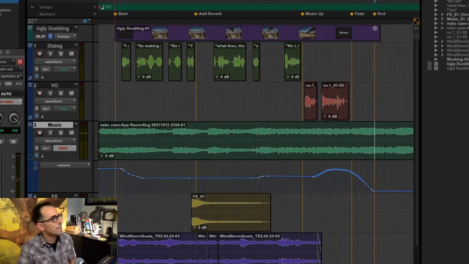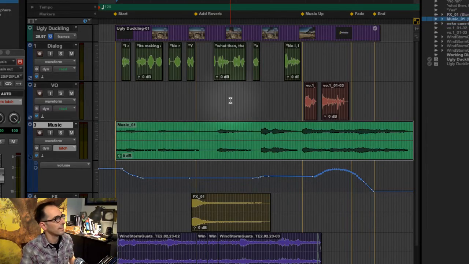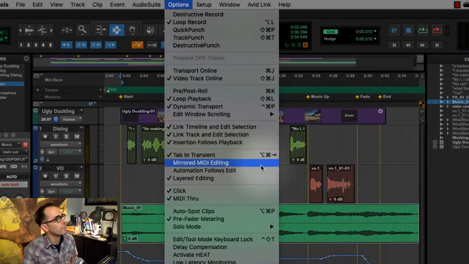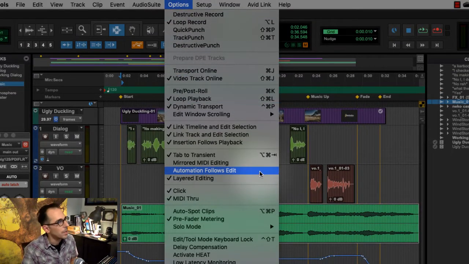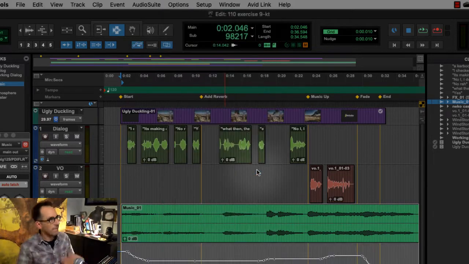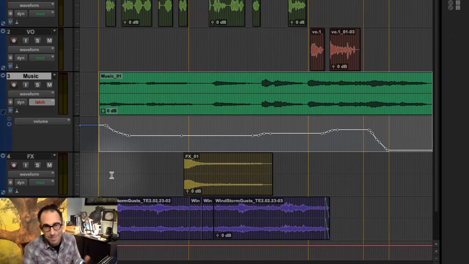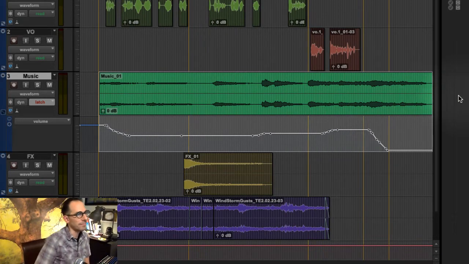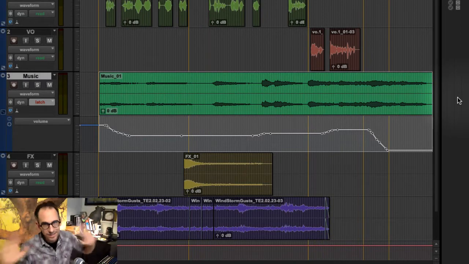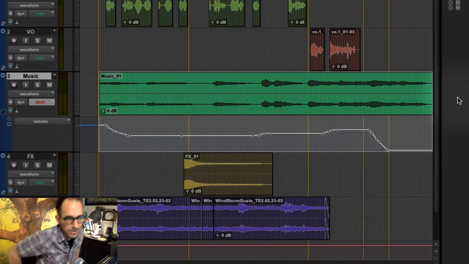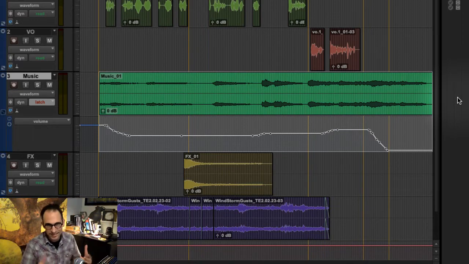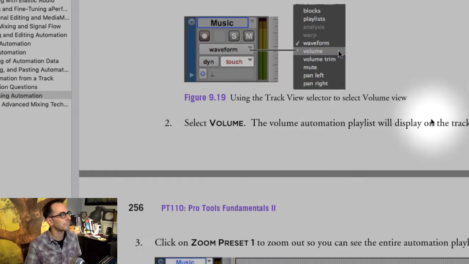so that's a really powerful feature. I'm going to undo all that. That's called Automation Follows Edit. I'm going to turn it back on because that's where it is by default. But if you ever need to change music or you want to keep all of your automation but just apply it to a different track, you can even copy and paste it to another track. Again, this is why you mix in Pro Tools and not in Premiere or Media Composer, because it's things like this that give you this tremendous power. Okay, so